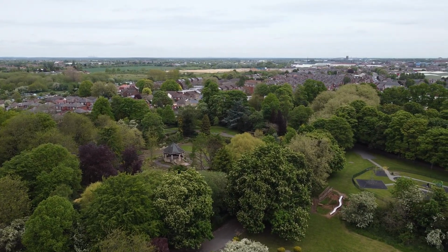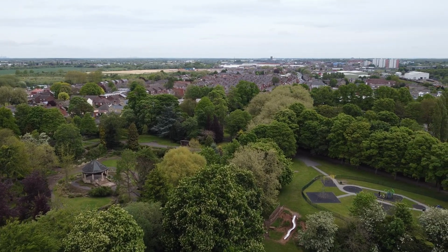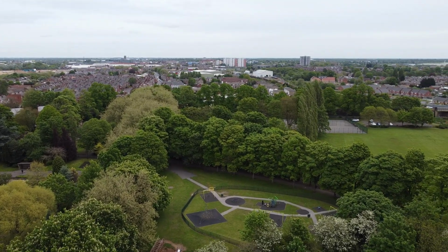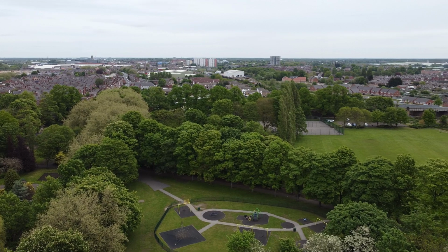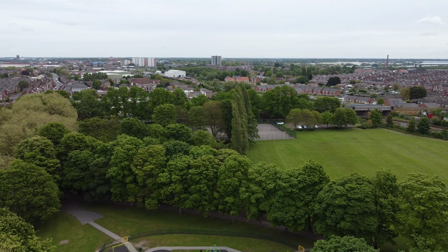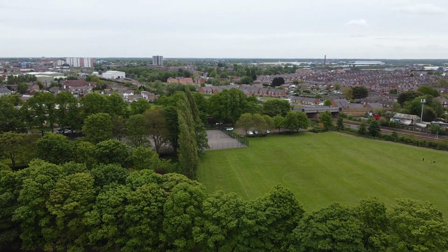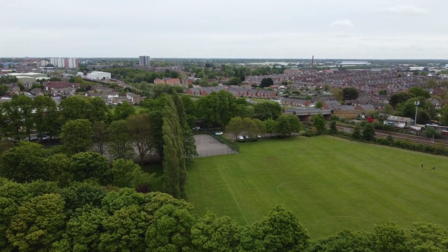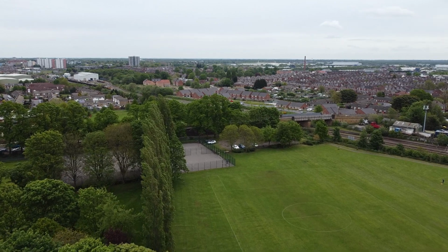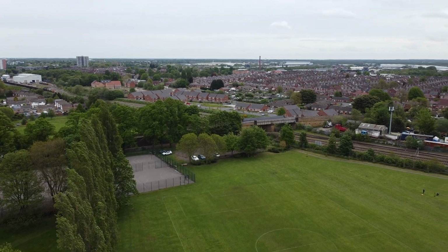But yeah, it's flying pretty well. For my money, this Mini 1, the picture quality out of this camera, even though it's 2.7K, I think it's better than what you get on the Fimi Mini, certainly when your lens is misting up. And I just think it's not worth going for the Fimi Mini. I think that happens a lot. You kind of think, oh, it's going to be a bargain because it's like 100, 200 quid cheaper than a DJI drone,